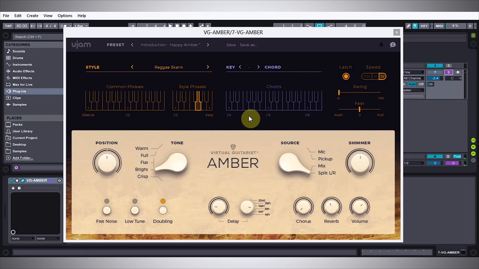So I'm going to show you how to set that up inside of AMBER using MIDI inside of Ableton Live, though this is going to work the same way in any DAW that you're working in. But before we get into that tutorial, I think it's best if I show you some of the amazing sounds